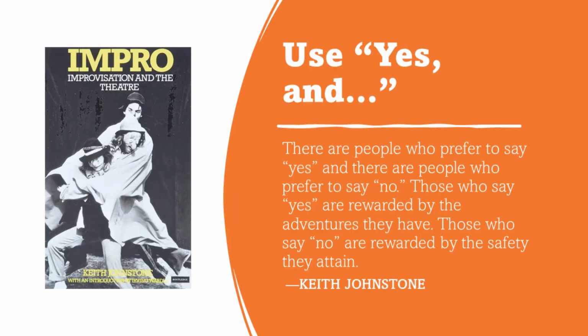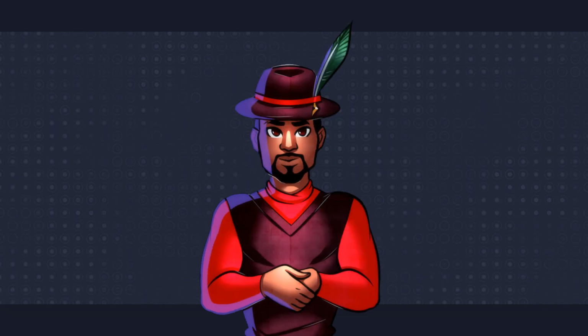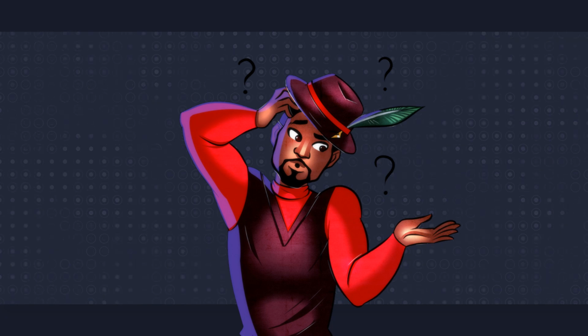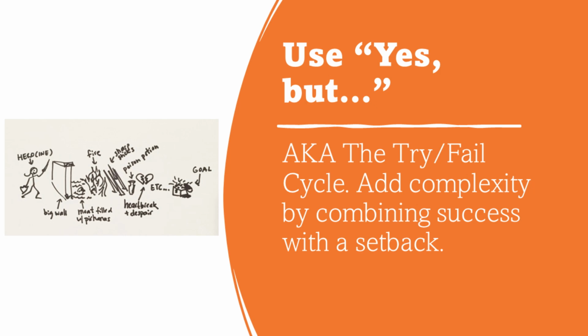2. Use yes and. Yes and is the golden rule of improv. Pretty much you accept whatever an actor offers, yes, and then add to it, and. For pantsers, this can mean rolling with your initial ideas without judgment, then layering on more complexity. For instance, what if a character throws a surprise confession? With this, you go, and then consider how this adds to developments. Like, how does this change the relationship with other characters? What conflicts arise?